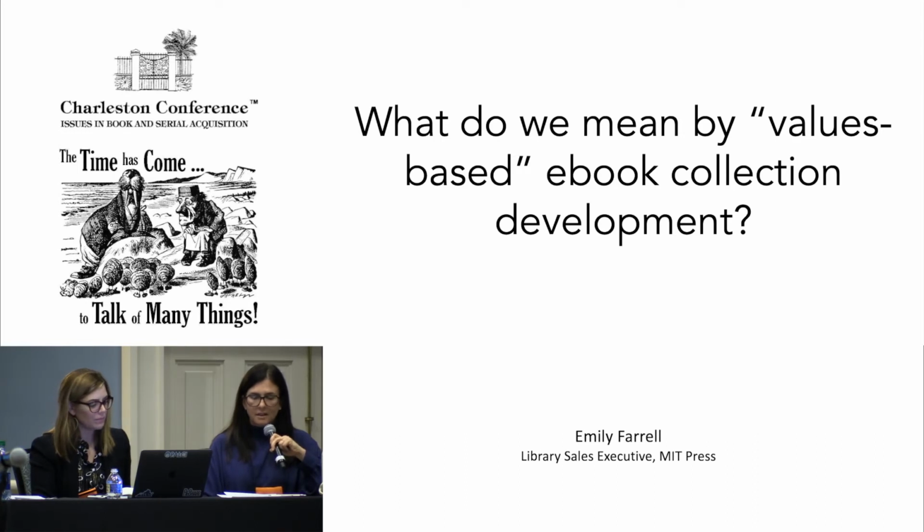At the same time, when thinking about these values and this mission-driven process, it gives us perhaps a little bit of space to consider what it is to maybe step outside of market forces for a moment, or rather to be protected from market forces. Can we do that? And one of the ways, I think, or perhaps the only way we can manage to do that sustainably and with long-term thinking, is in deep and continued dialogue with our libraries and with the consortia that we work with. I think that's probably...